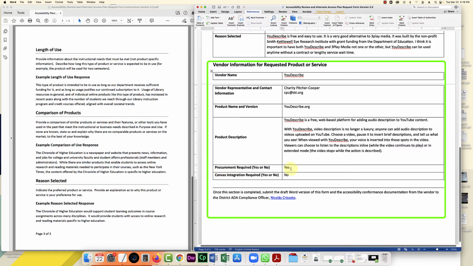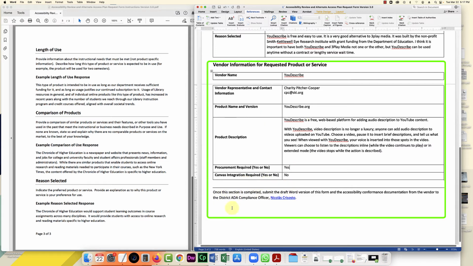So you want to put yes down there. For Canvas integration required, I put no, because this service basically just uses the YouTube player, and it's really easy to embed those videos inside of Canvas. There's no integration required. That makes my life a lot easier.